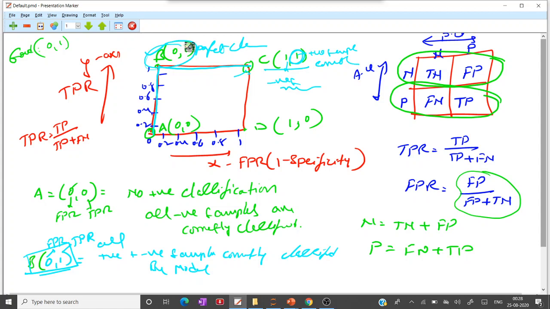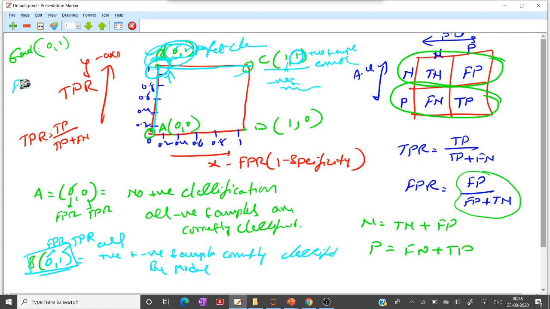So what is our aim? Our aim is that the AUC score should be 1, when FPR is minimum and TPR is maximum.